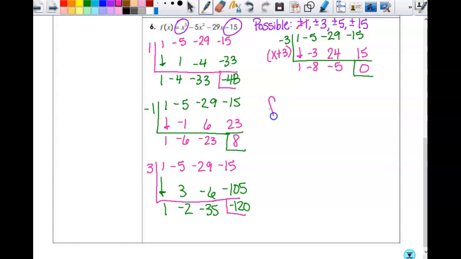All right, so I have f of x equals x plus 3 times 3 terms, which means it's quadratic, x squared minus 8x minus 5. All right, so this is a quadratic, and I can't get 2 numbers that multiply to give me 5 that will combine to give me 8, so I can't factor that. So what do we do with a quadratic when we can't factor it? If it's factorable, then I would get one of these, but none of that's going to work. So your other option is